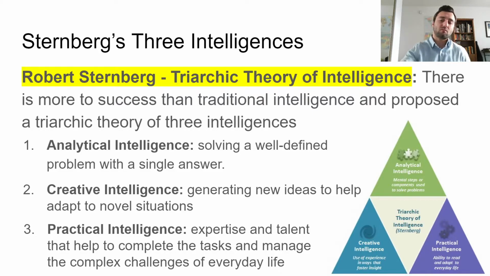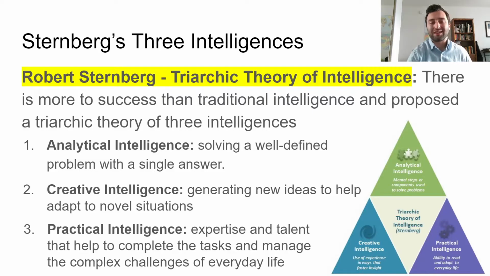So first we have what is called analytic intelligence, which is our ability to solve well-defined problems with a single answer. You can kind of think of math as a really good example of this. When you get a math problem, generally speaking, not necessarily always, but generally speaking, there is a right and a wrong answer. There's one answer that at the end of the day is the right answer, and everything else is wrong, right? Math problems are very well defined. You know everything about the problem from the math problem, right? There are no hidden numbers that you don't get to see. Everything is in there. It's very well defined, and there's a single answer.